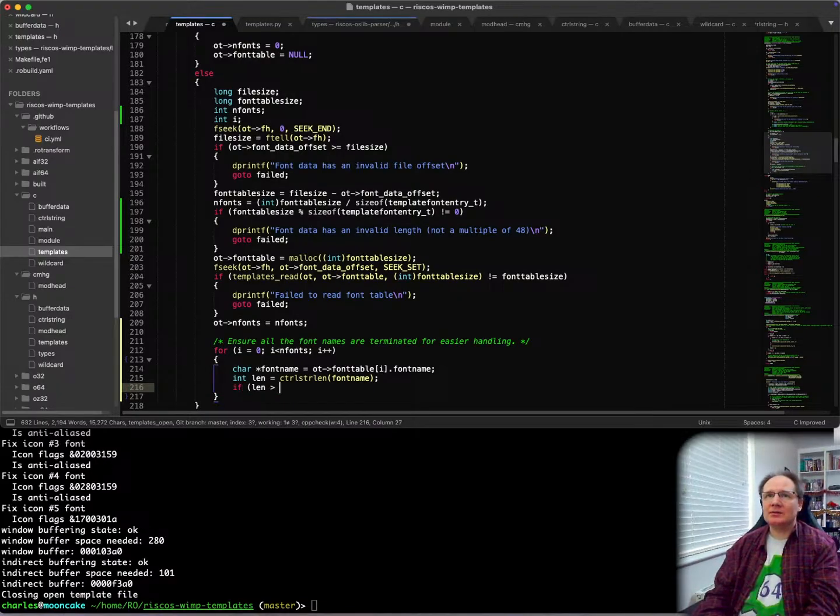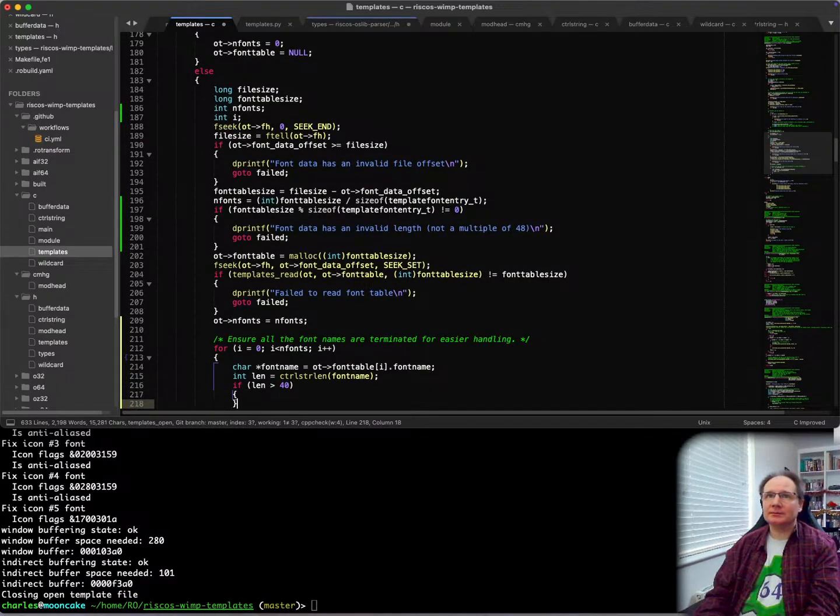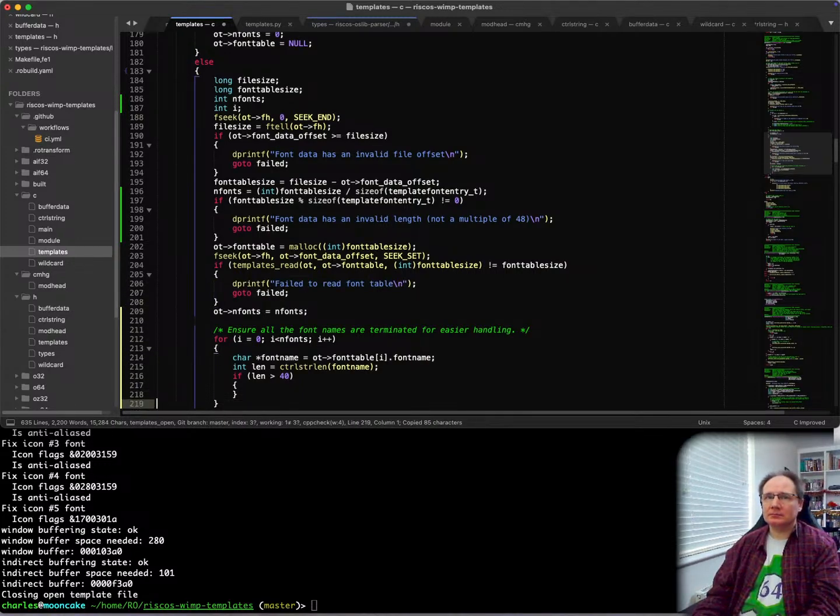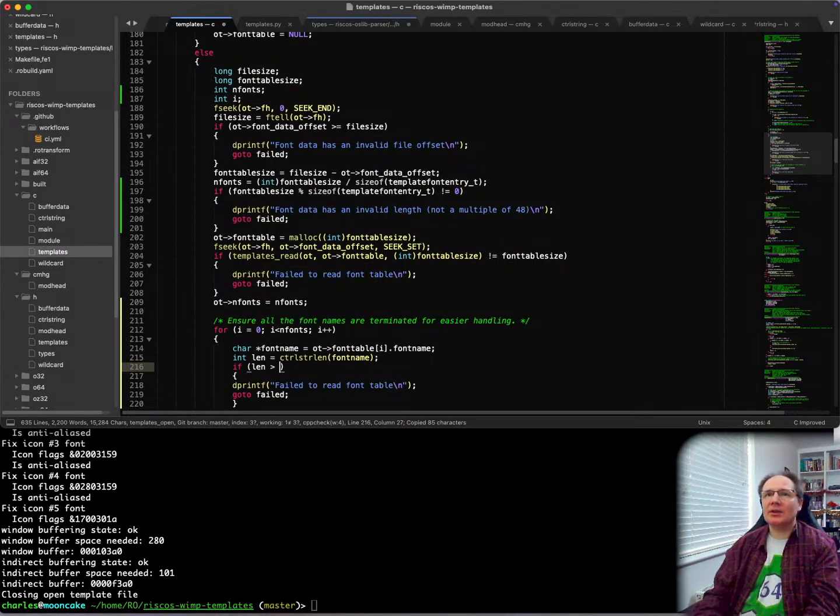If len is greater than 40. Actually, strictly it should be if it's greater than 39. I should probably use a calculation there, shouldn't I? Is greater than size of